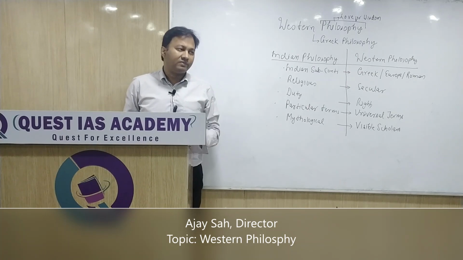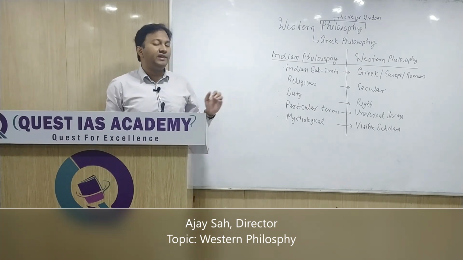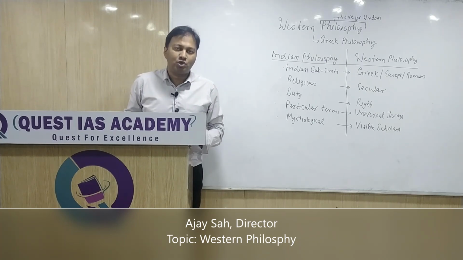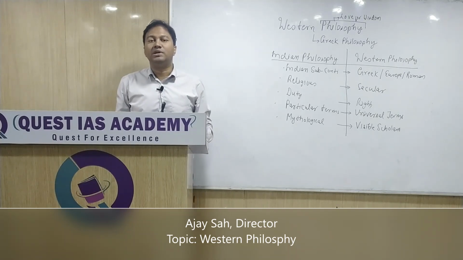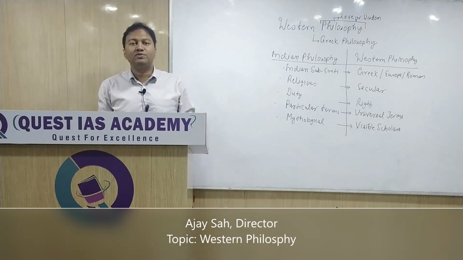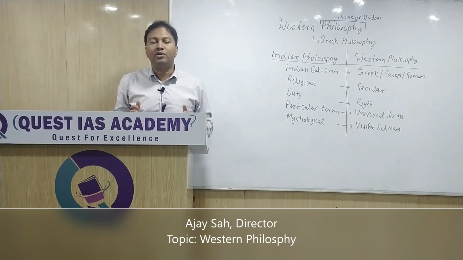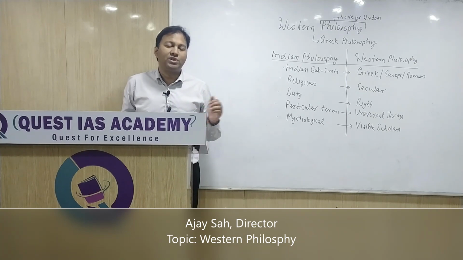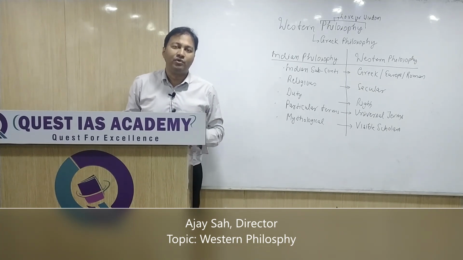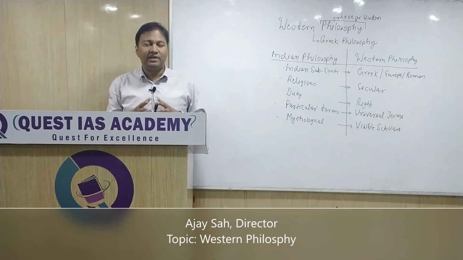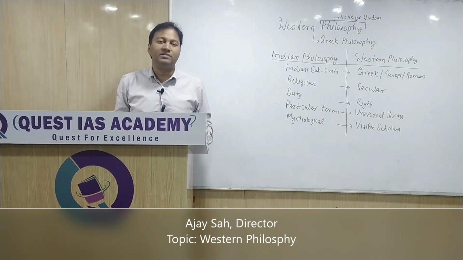The next difference is that in Indian philosophy you will find particular terms which suit only in the context of India. For example, terms like dharma, terms like jati, nishkam karma, theory of karma. These are the terms which are particularly applicable to the Indian subcontinent and they lack universal appeal. But if you take the example of Western philosophy, then the terms in Western philosophy have universal appeal. The terms like justice, fraternity, equality, brotherhood, secularism, they have a kind of universal appeal rather than an appeal to a particular country.